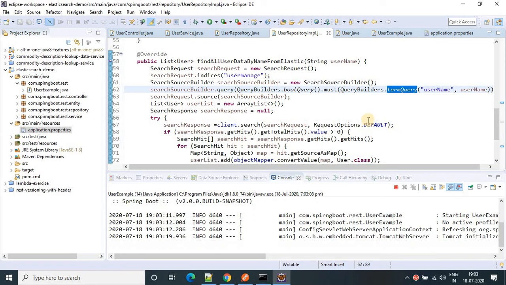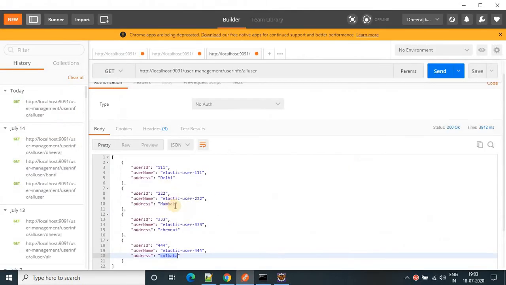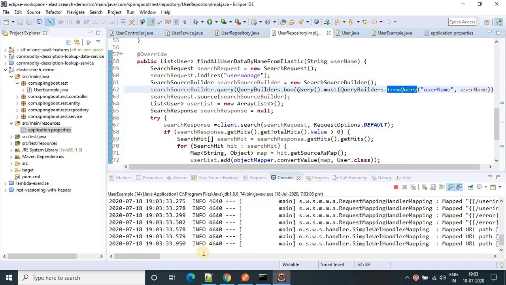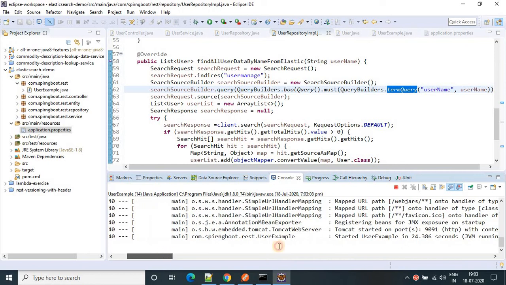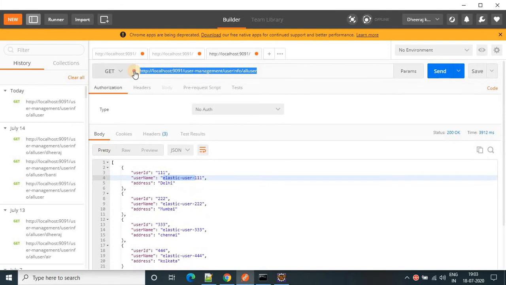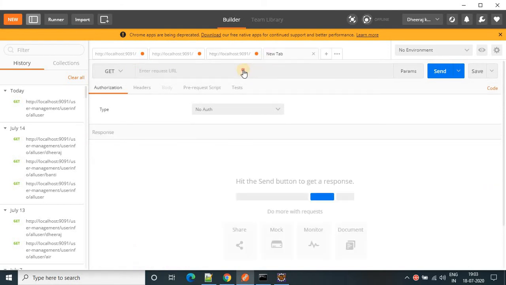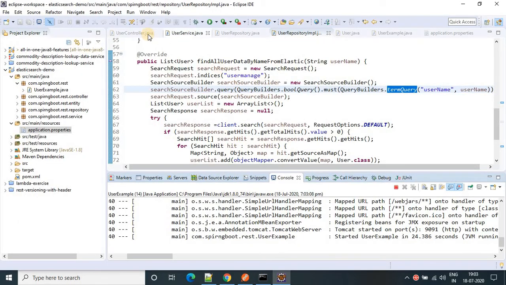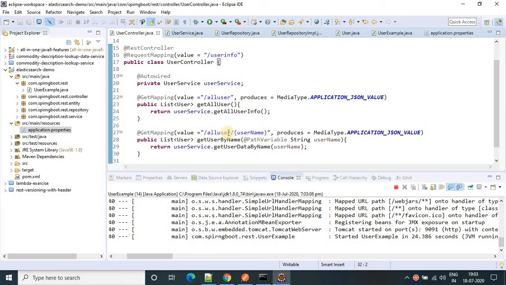If you see the username present, the first username is elastic, all small letters, elastic user 1111. It got started. Now copy this one, paste it here. And what is the request mapping? All user and username. That's it.